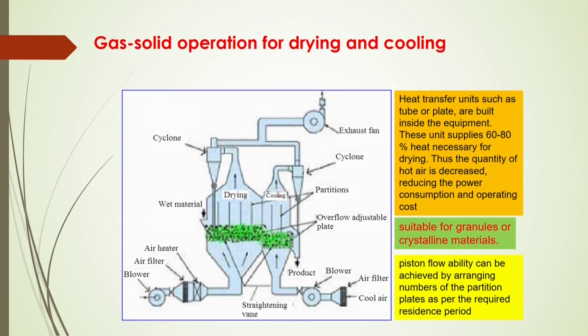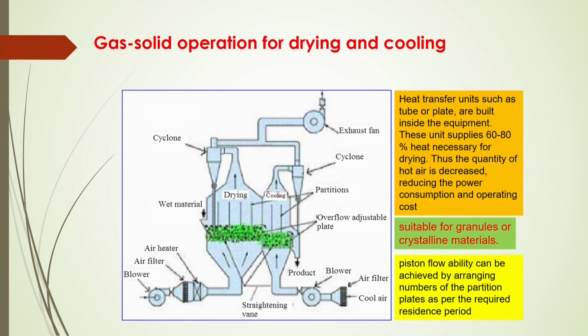Now, another application, that is physical operation of gas solid system. Generally it is being used for drying and cooling. What is that? For drying operation, what you have to do, wet solids are to be placed in a column, and after allowing hot air from a blower, it will be fluidized in that bed, and after a certain time at a particular temperature, you will see this wet material will be dried, just by evaporating the moisture from the wet material.